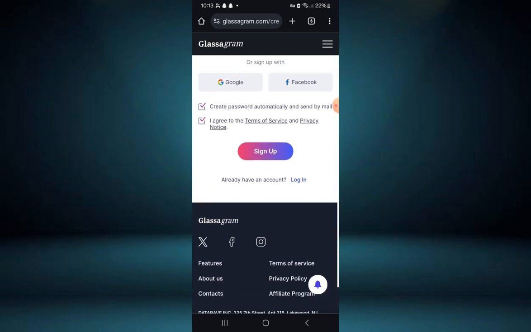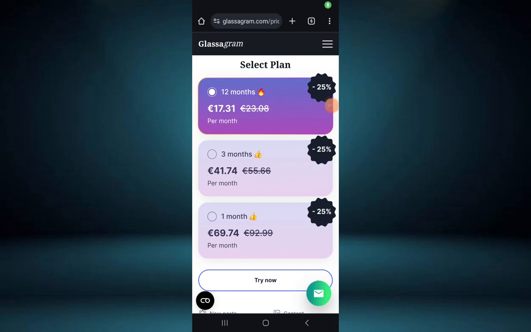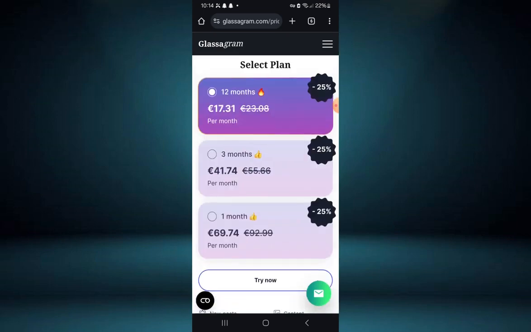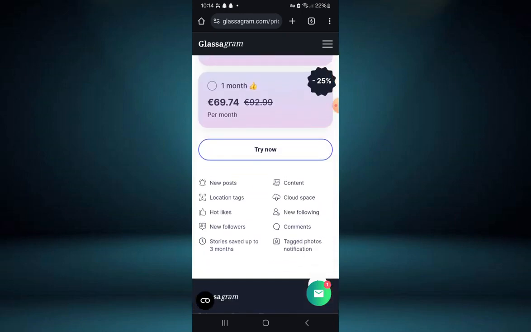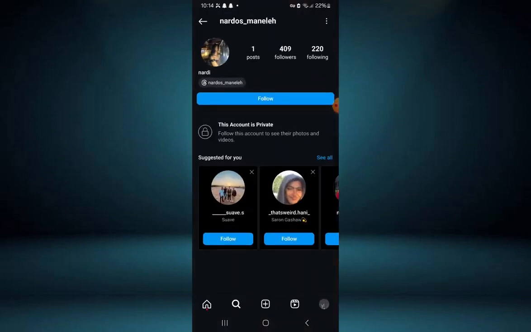And now here you have to create an account. After creating an account, you see this page. Now the developers or the team of Glassadigram may release a free trial plan, so you have to wait until then, or you have to pay to access this platform, and this is the first one. And the second way to view an Instagram account is to better follow them and